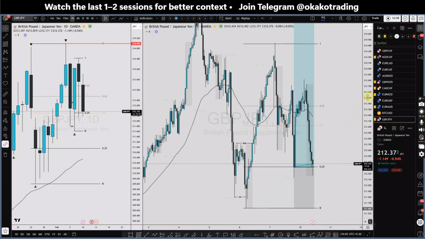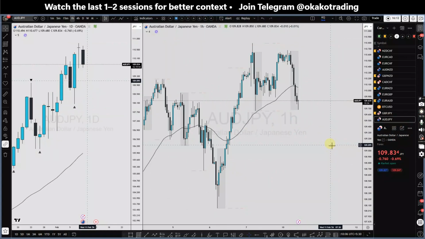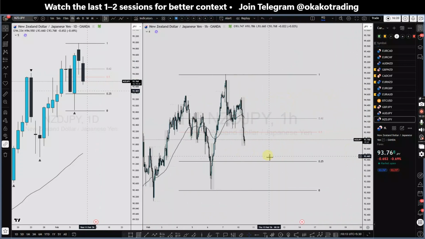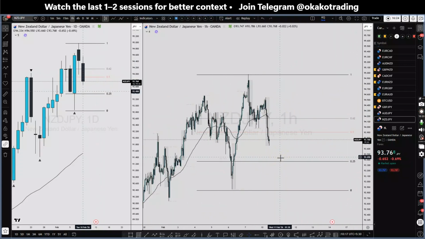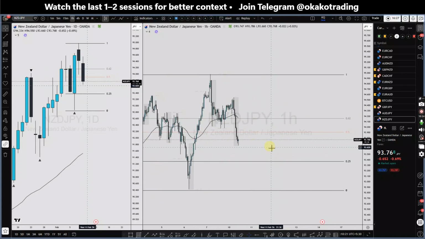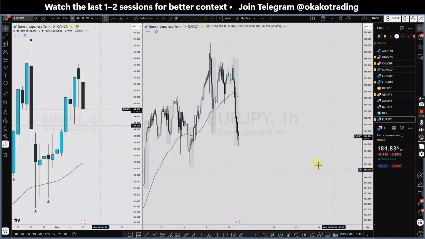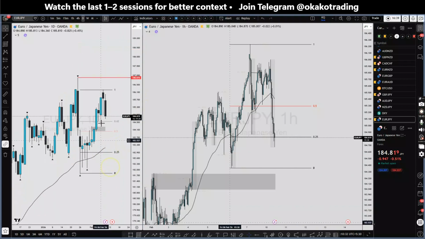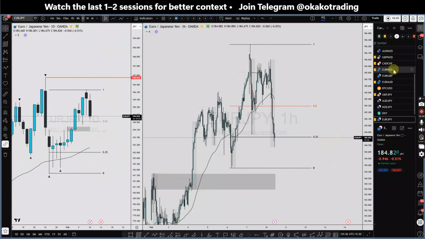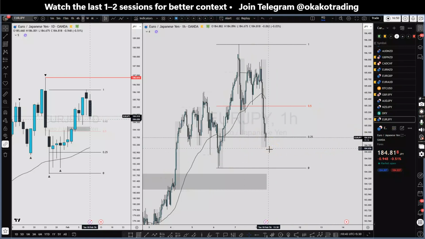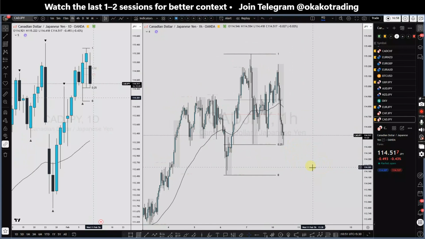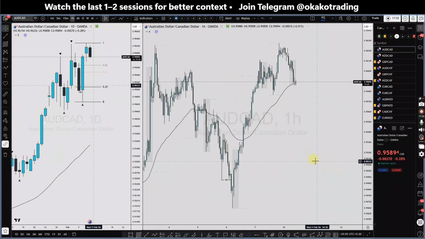Okay, BTC USD, nothing. GBP JPY is trying to correct back higher. Okay, we can look for longs in NZD JPY too, but I can't spot any setup right now in 1 hour time frame. So let's skip it. DXY is dropping. Euro JPY, it looks like we are just bouncing from this level, this OTE level. But I'm already long in GBP JPY, so I'm just not gonna long Euro JPY right now, even though it looks like a good setup. CAD CHF, CAD JPY. Same story for all the JPYs.